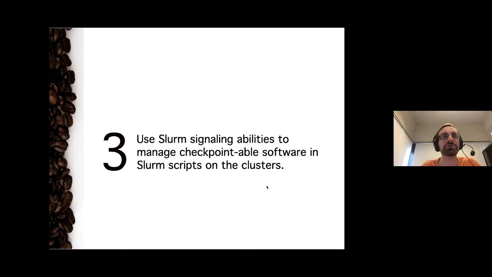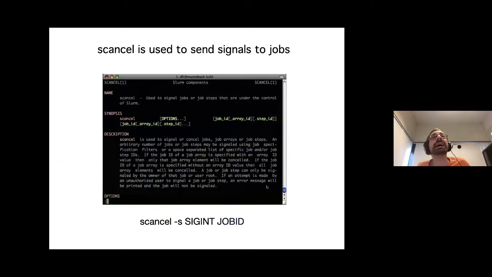And that is the scancel command, which is the equivalent on Slurm of the kill command. The kill command on your laptop allows you to send the signal that you want. So all the signals I put on the screen before can be sent via a simple kill command to any process. And then you can do exactly the same with scancel. If you run scancel -s INT, that's exactly the same as sending Control-C to a process on the cluster.